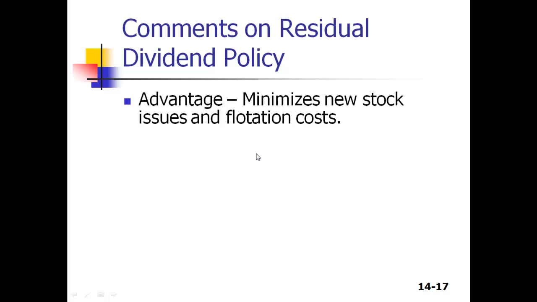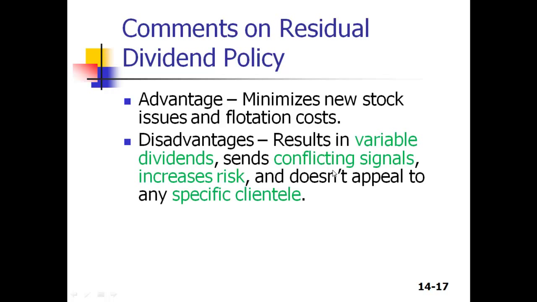It minimizes new stock issuance costs, so flotation costs are low. Anybody who is sharp enough to try and think of any disadvantages of this model? Exactly. So a huge issue would be fluctuating dividends. Why? Because with your earnings changing or your capital budget changing, what will happen to the dividends? Dividends would also fluctuate. So disadvantage, it results in variable dividends, sends conflicting signals, increases risk, and doesn't appeal to